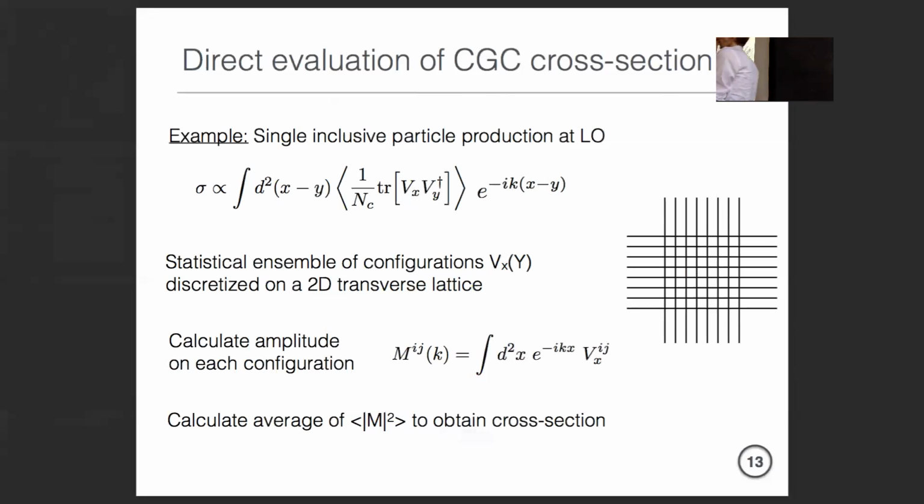It's always easier to compute the matrix element and then square it rather than computing the square directly. So why is that? It seems like the first formula has one Fourier transform. Yeah, but I would have to tabulate the 2-point function first, or something like this, whereas, so you have to tabulate the